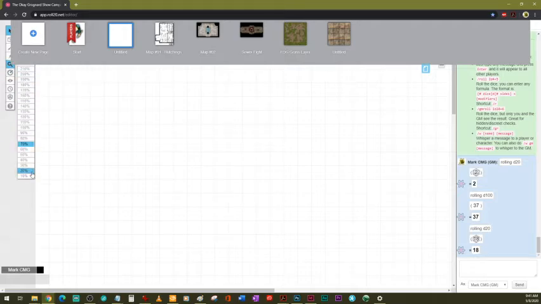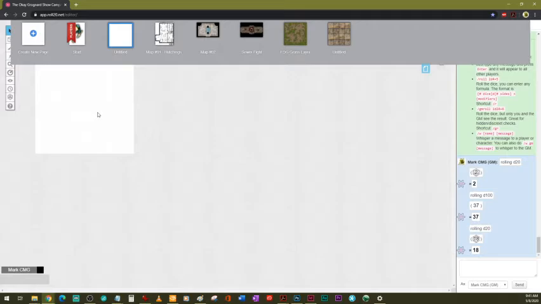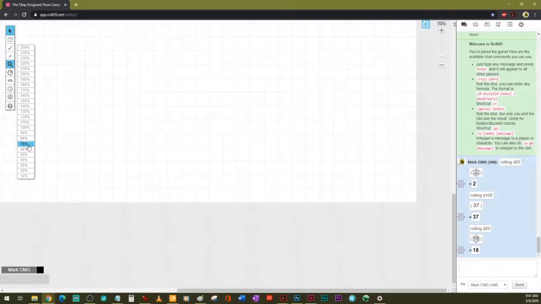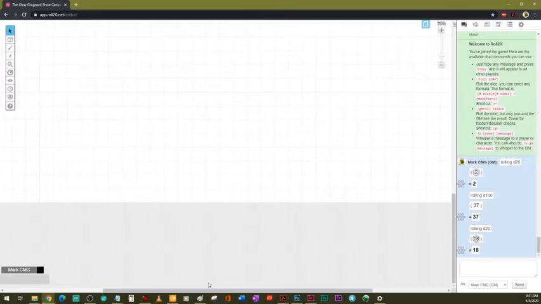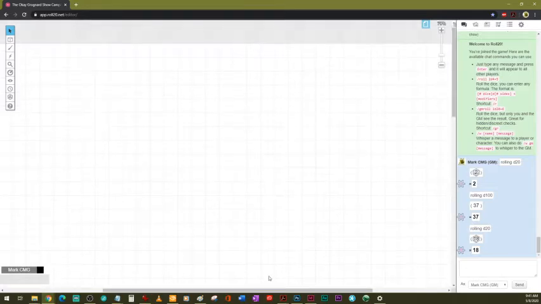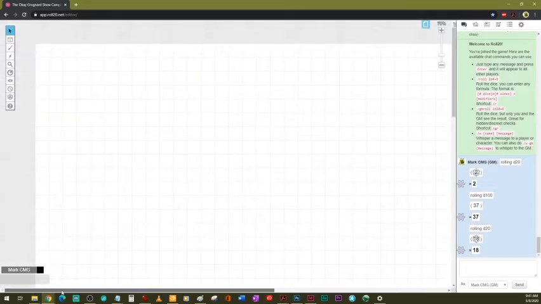So if we go back to 10% again, let's see, this is now twice the size that it was before. I generally keep it at about 60 or 70% for my viewing. That makes it fairly easy. We'll move everything off so we get the nice upper left corner. I'm just going to bring in a map that I'm going to work with today. This is a tower map